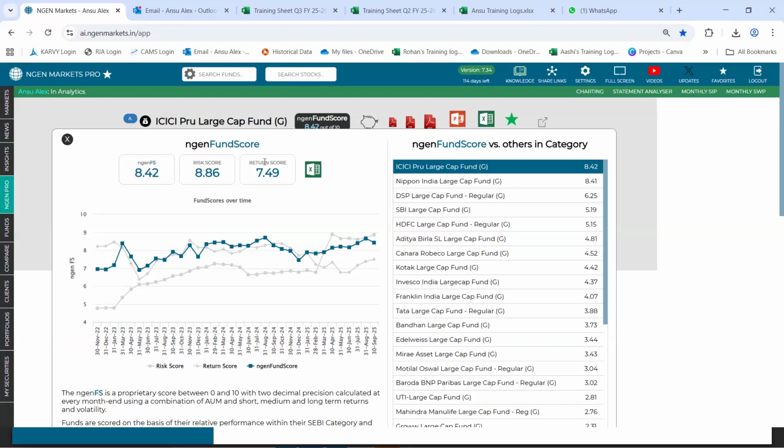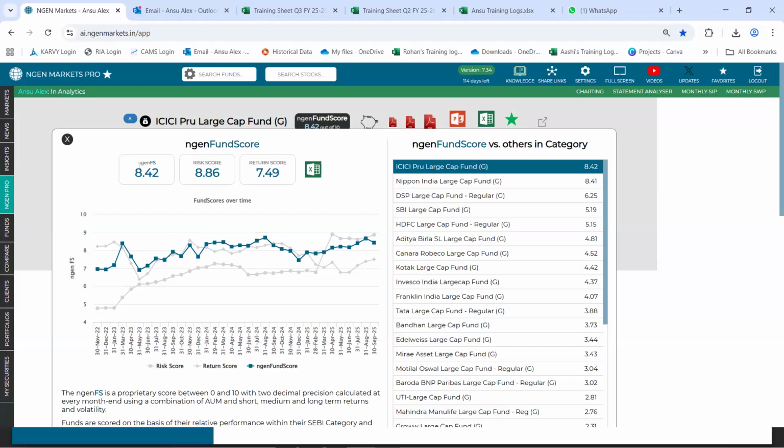Following that, the return score lets us know the return generation capacity of a respective fund. Higher, the better. So for all these three scores, fund score, risk score, as well as return score, we say higher the better. That is, closer to 10, the better it is.